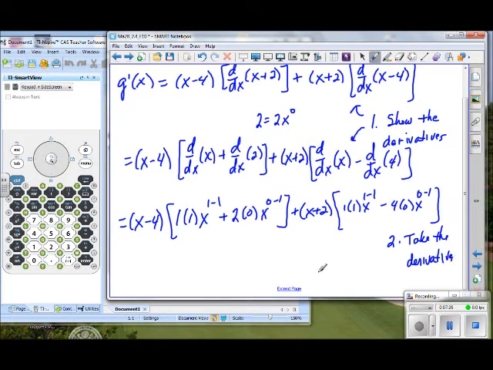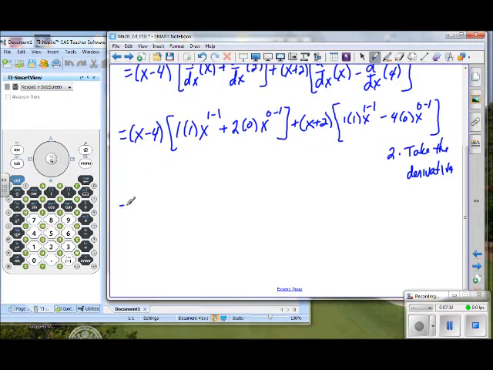Okay, so the first step is to show the derivatives we're going to take. The second step is to actually take those derivatives. And the third step is to show at least 2 algebra steps. At least 2. Okay, so we have x minus 4, and then this is going to be